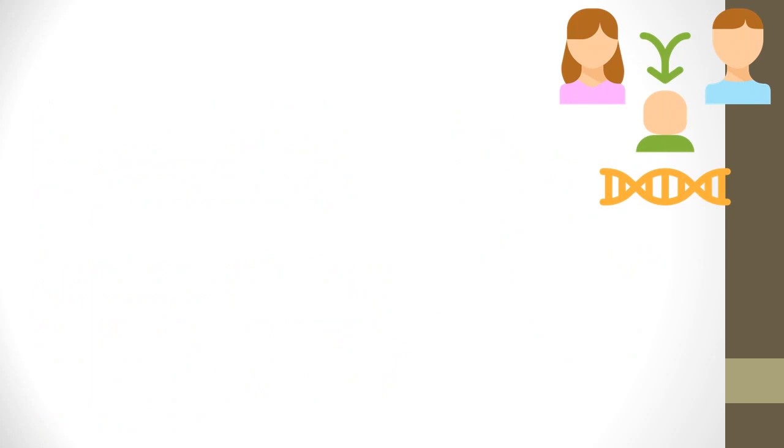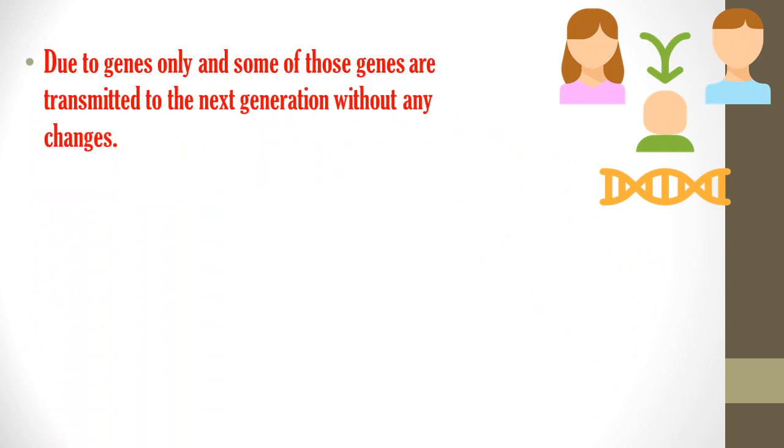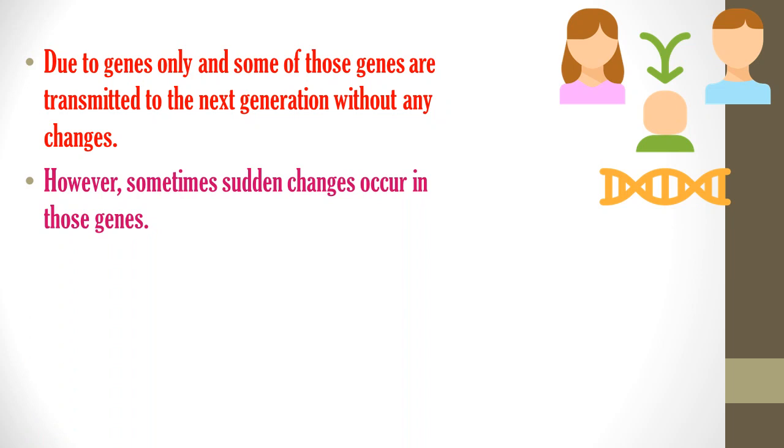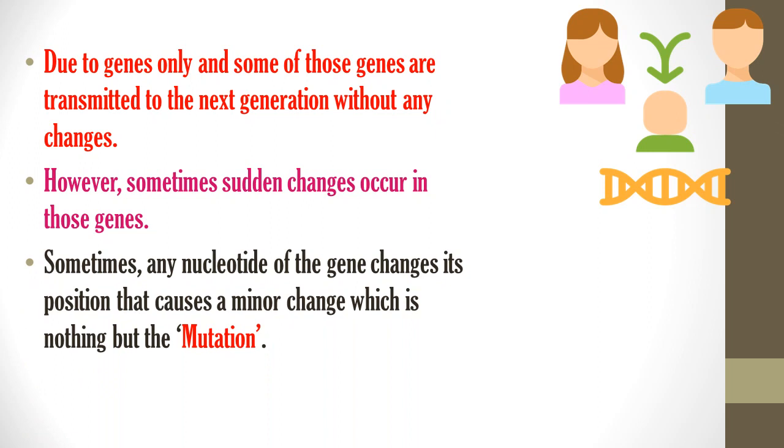Okay, so students, living organisms can produce new individuals like themselves due to the genes only, and some of those genes are transmitted to the next generation without any change. That means some types of genes will transfer as they are from one generation to another generation without any change. And due to this, some of the characters of parents are transmitted to their offspring. However, sometimes sudden changes occur in those genes. That means sometimes the genes are not passed as they are, and changes happen in the sequence of the nucleotides. Okay, and sometimes a nucleotide of the gene changes its position, that causes a minor change